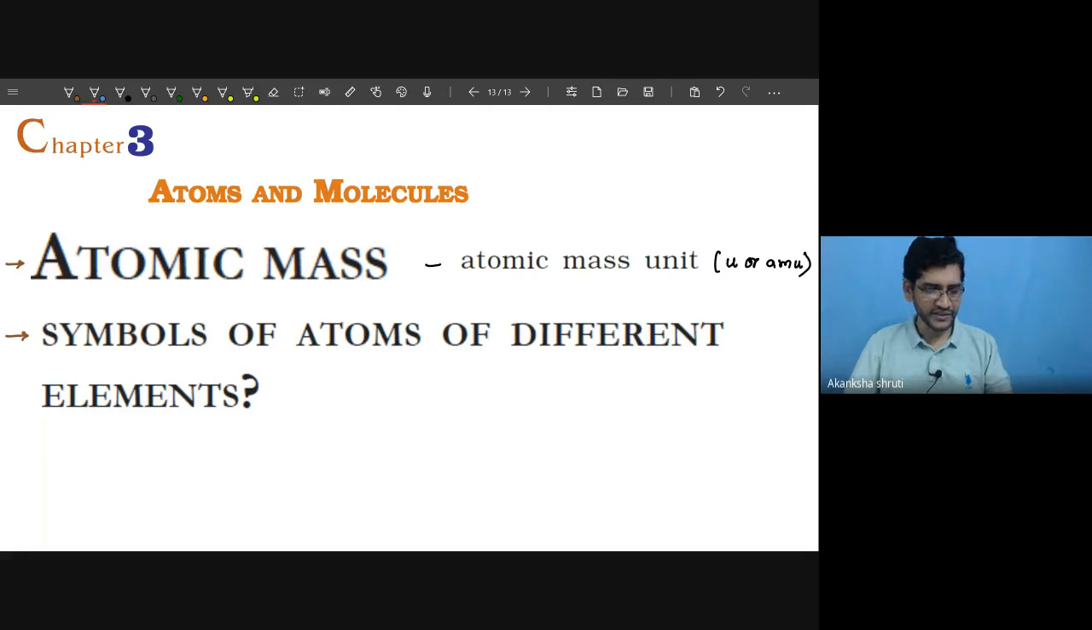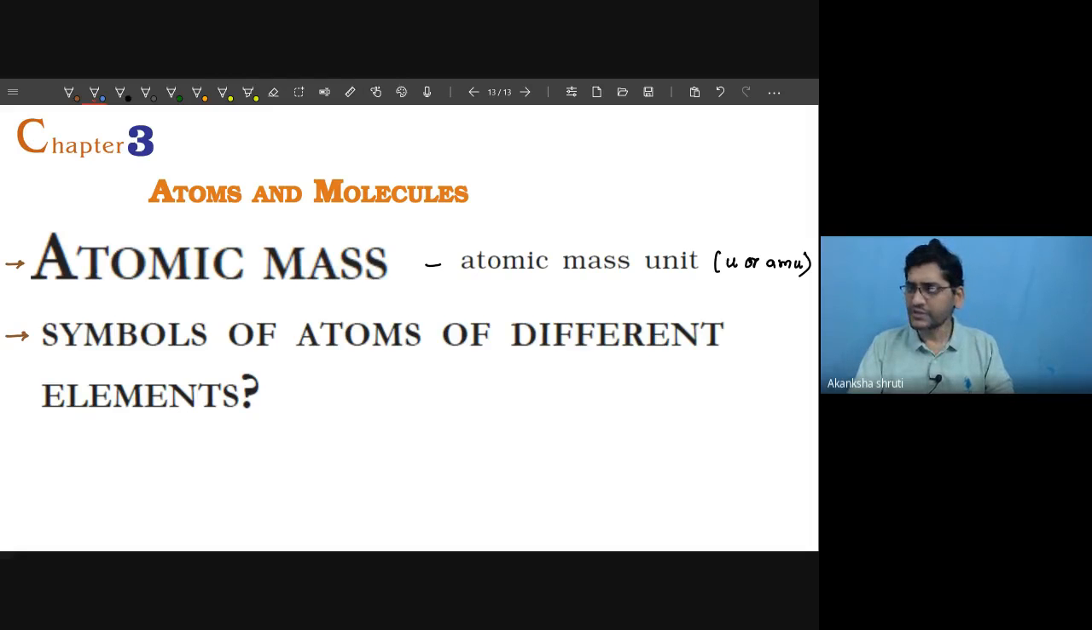Good evening, students. Today we are going to learn about the topic atomic mass unit. What is AMU and what is this atomic mass? That we will start. And for expressing this atomic mass, we need the special unit called atomic mass unit. Before going to that,